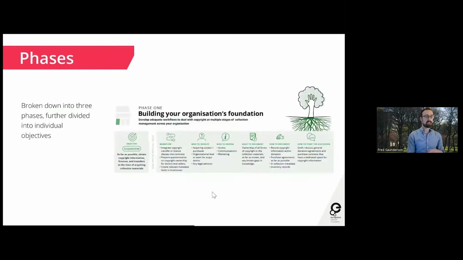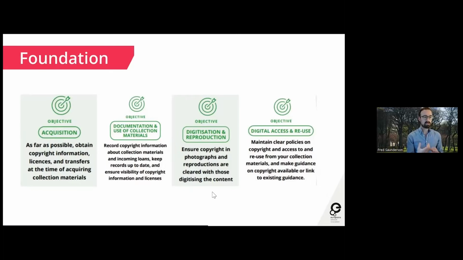And I really like, just to go back, this idea of the tree image that you can see on this slide here, which runs through the guidelines. I think that's quite a nice illustration. We're talking of starting at the foundations, at the roots, really embedding copyright and the importance of copyright in your organization. We think that is the absolute fundamental. We've got more objectives under this phase of activity than the others. I think this is absolutely key.